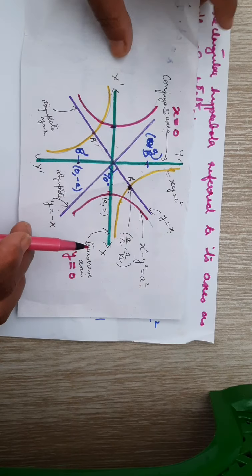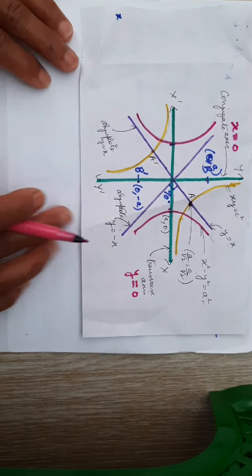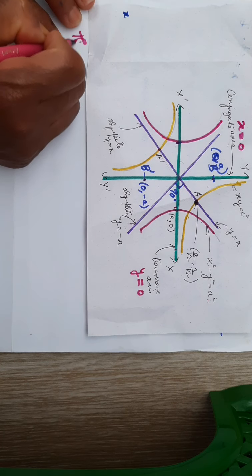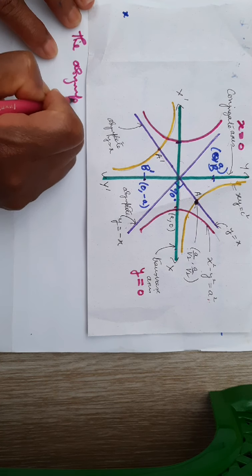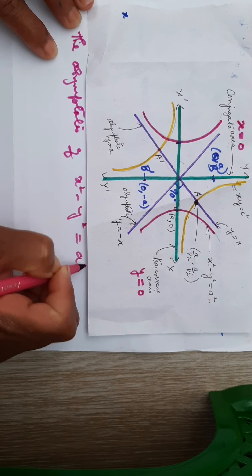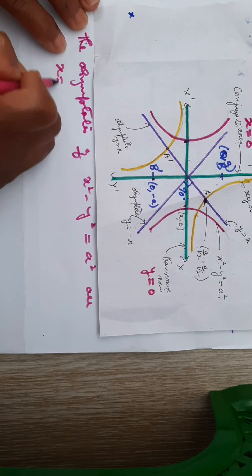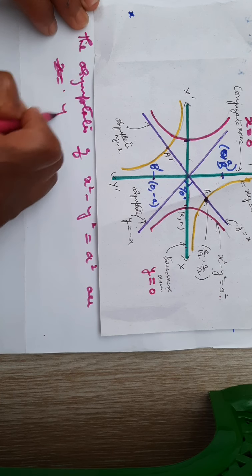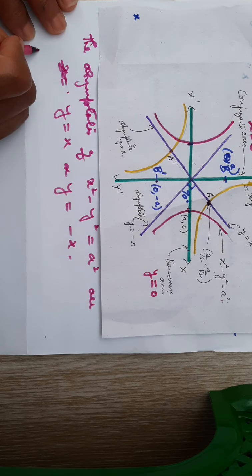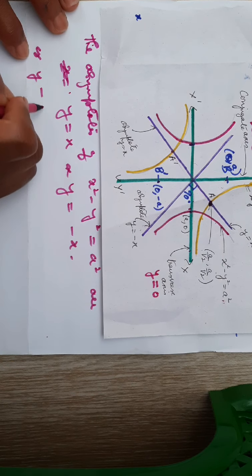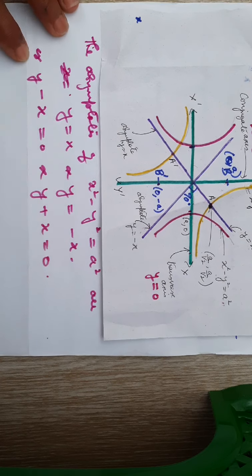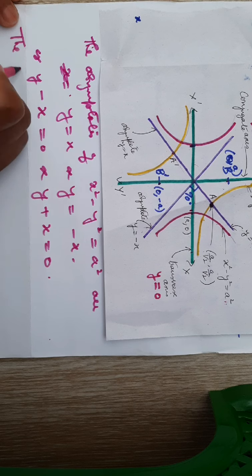So here, from this figure, what we notice is that the asymptotes of x square minus y square is equal to a square are y is equal to x and y is equal to minus x. Now I can write this one as y minus x equal to 0 and y plus x is equal to 0. Now the combined equation